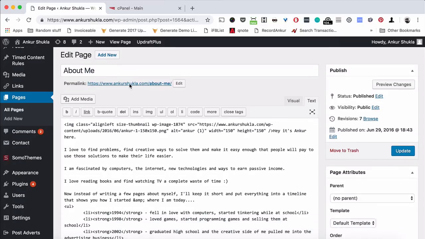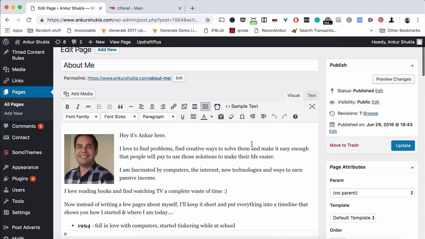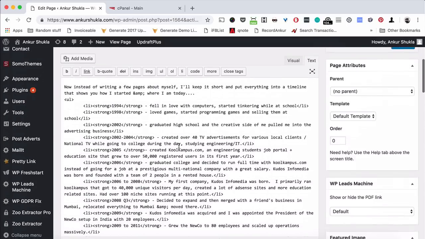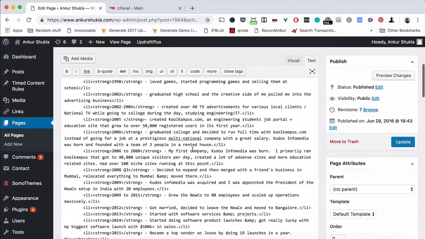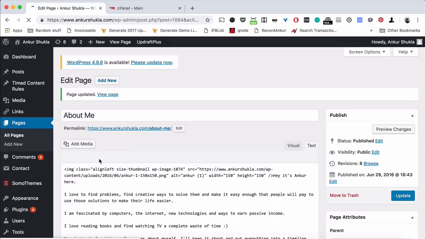So basically, once you go into the editor, you can see you can either be in the visual mode or you can be in the text mode. All right, so go into the text mode, and this is where you should probably just go to the end and then just copy and paste the code. All right, so you can insert this anywhere you want. I wanted to insert at the bottom, so I will do that over here. Then I will go ahead and update this, and then once the update is done, I can just view this page over here,